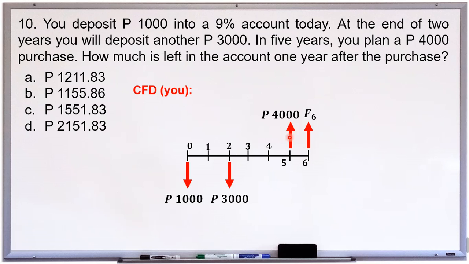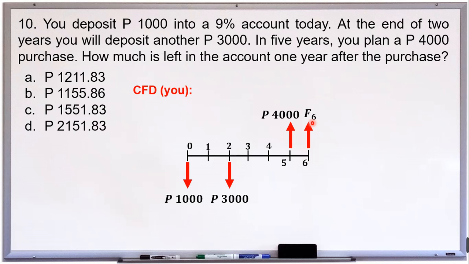So again, the direction for the 4,000 withdrawal is upward because that is an inflow of money from your point of view. Now, in order to solve for F6, we need to